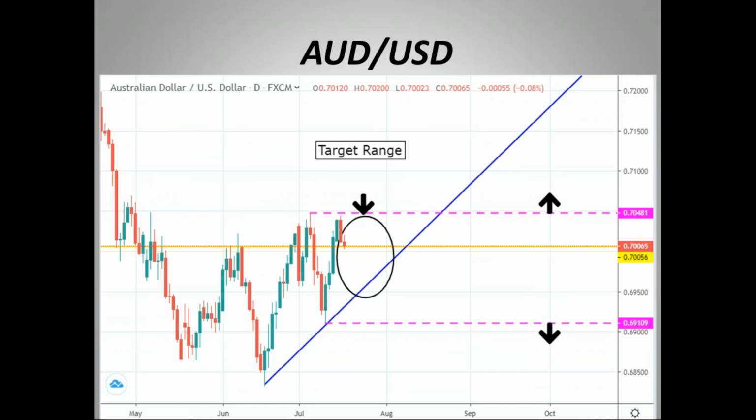We have the Australian dollar, US dollar. Now, why are we looking at this one? This is one of our other major currency crosses against the dollar. Obviously in a different trade zone than the other ones, but it does give us a good indication about dollar strength and dollar weakness and what we were talking about before. Now, up until the past few months, you can see how the Australian dollar, US dollar has been getting hit for a while, trending lower. It bottomed in the middle of June and has been a corrective move higher. Now we're at a little inflection point.